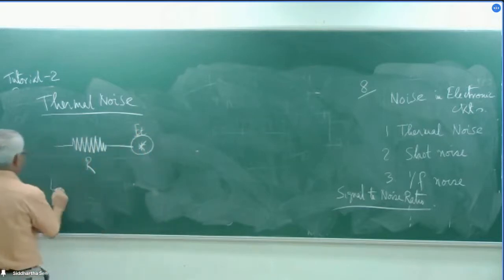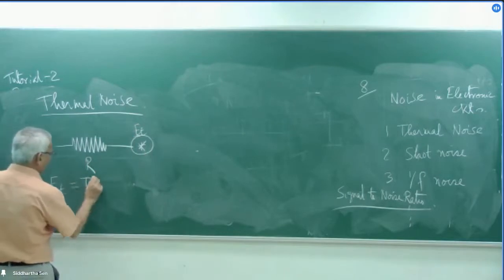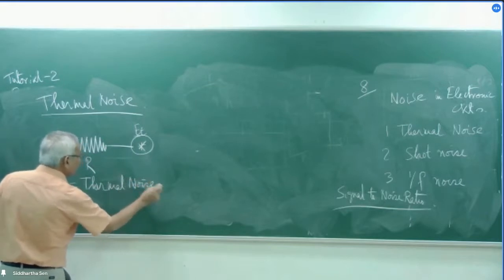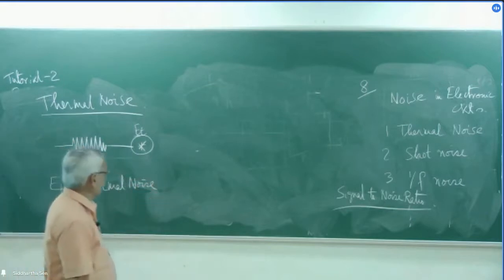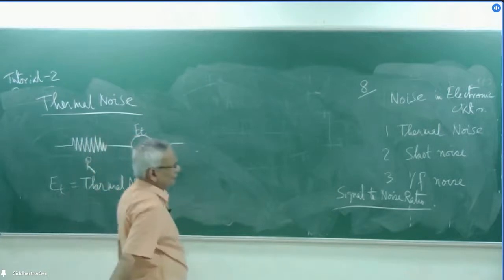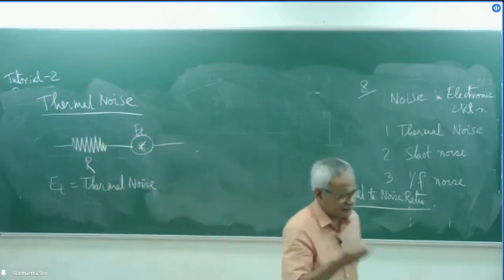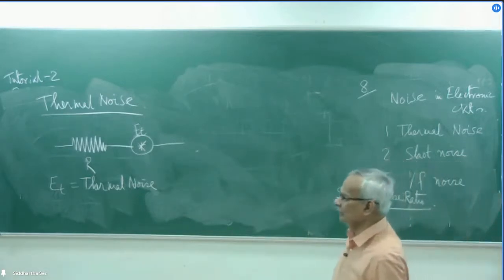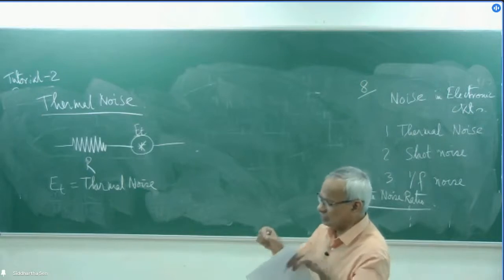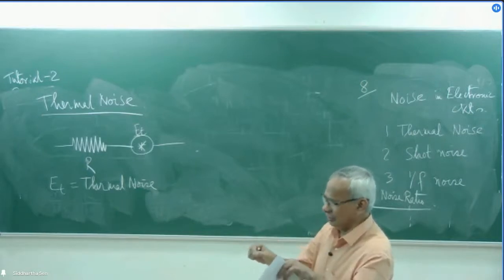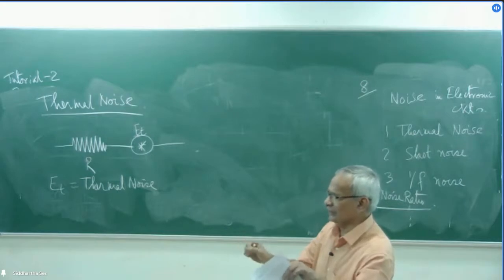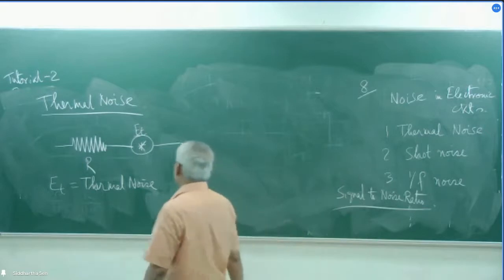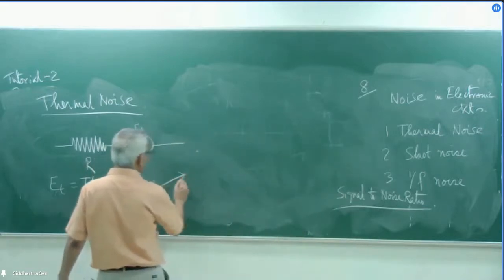is equal to thermal noise. This is the thermal noise. So it says that even if you put a resistor in your drawer, there would always be some thermal noise generated in it. That means if we try to measure the voltage across it without passing any current through it, you will find some voltage. But this will be some random voltage.